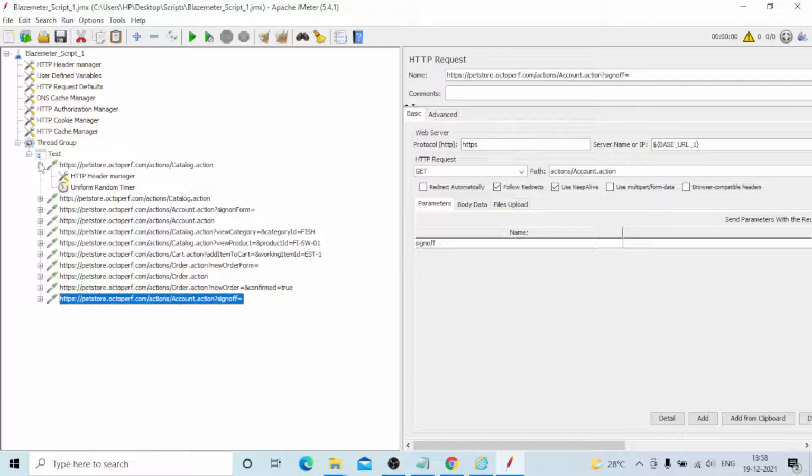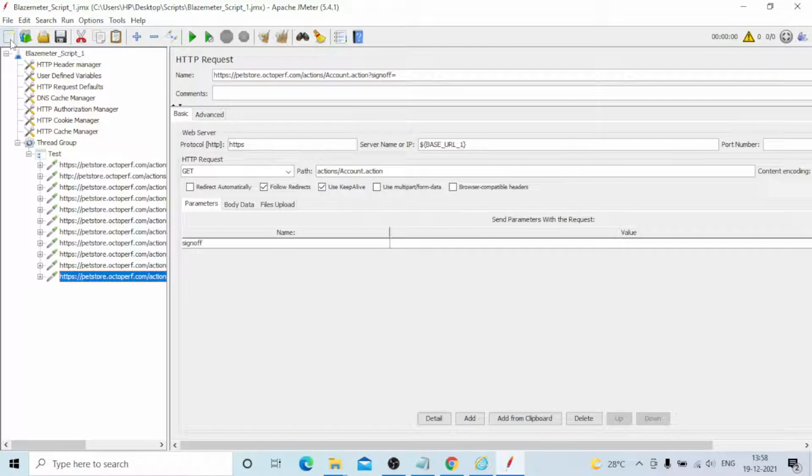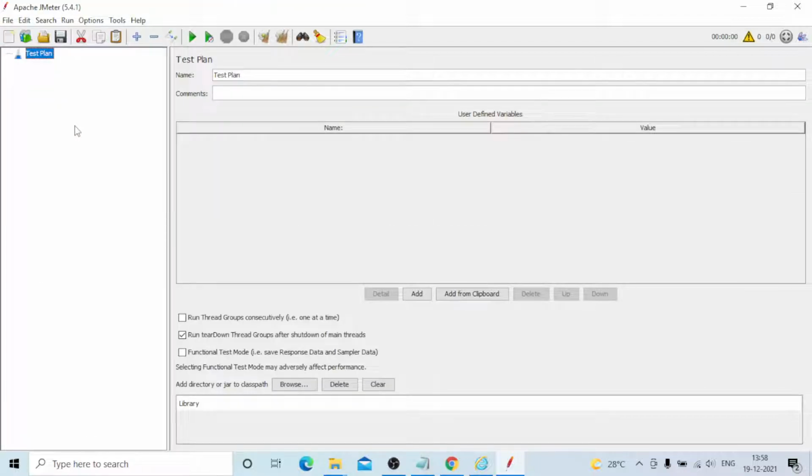Okay, guys, these are the options and features that will be provided in BlazeMeter. You need to remember this word. This is the way you need to record. Now I will open a new one. It's not required. Now it's a plain JMeter. Now I need to record the same JPetStore account.